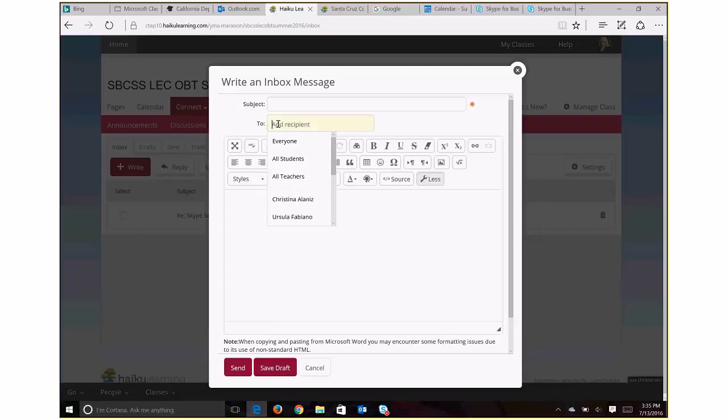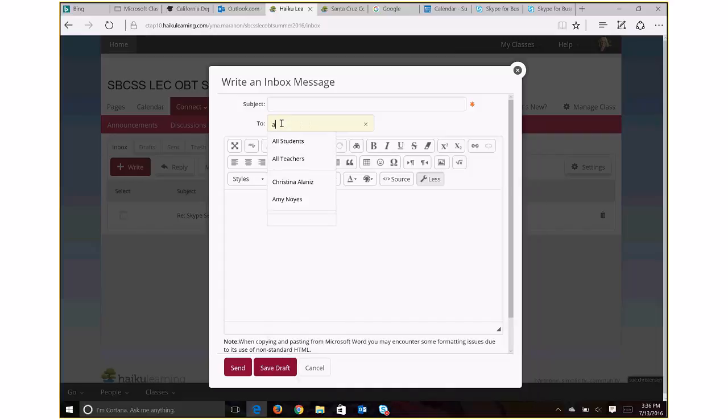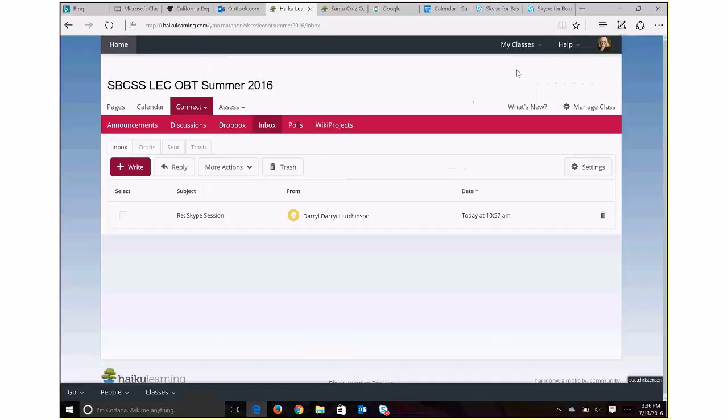It's trying to, okay, different computer here I'm using. Well, anyway, if you just start typing "all," you'll see it'll say all teachers, and below that you'll see all the students in the class. So you could just pick all teachers, and it will let you send an email to both of us without having to type either of our names. So that would be the easiest way for you to connect with us.